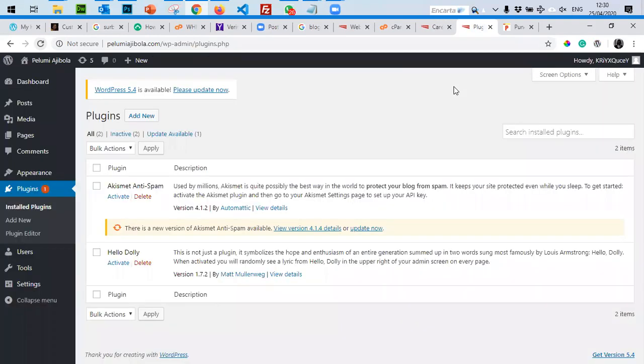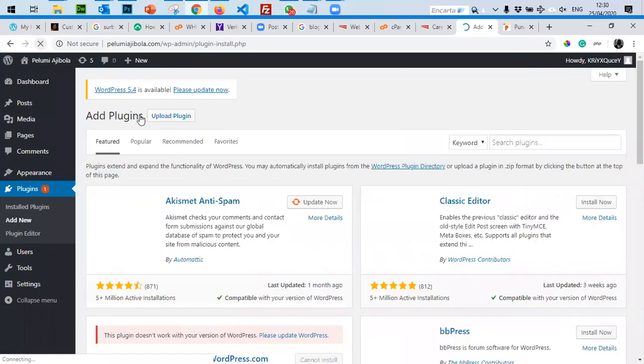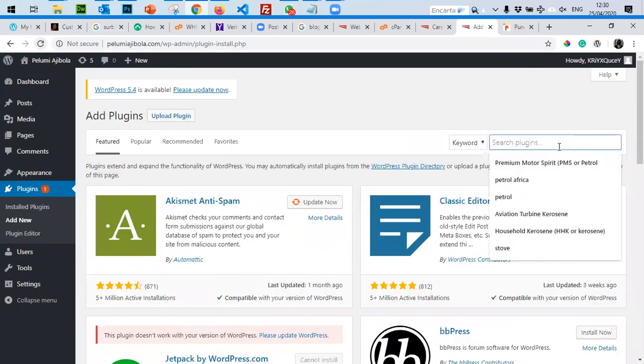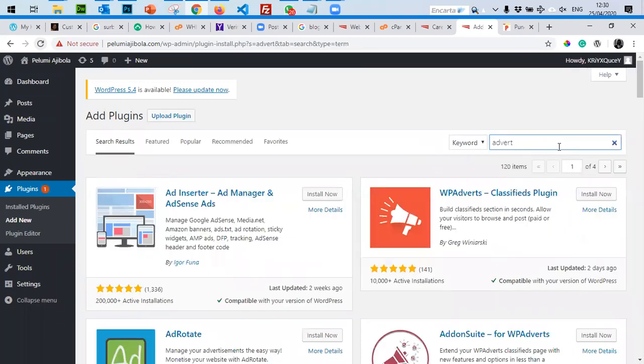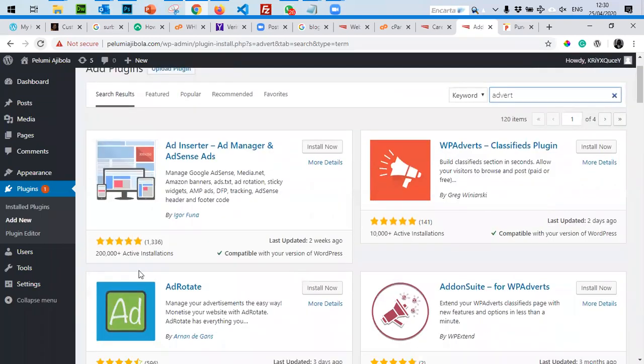So one thing you need to do is to go to Plugins, Add New. Then first thing, look for ad. I've not even used an advert plugin in a very long time. Just type what you're looking for. So you look at the ratings. You see this one, obviously, it's 5-star. It was still updated 2 weeks ago. And it's telling me it's compatible with my current WordPress